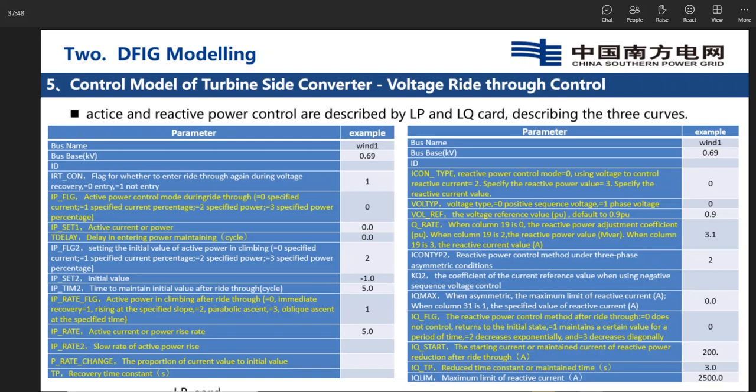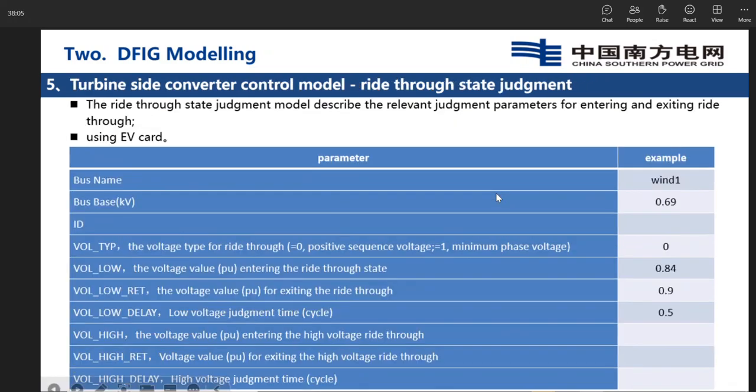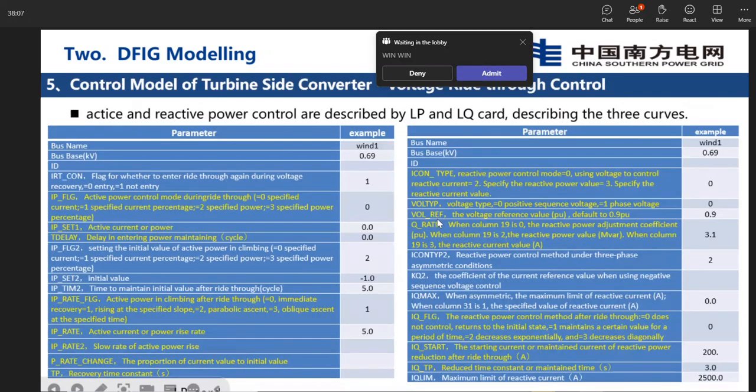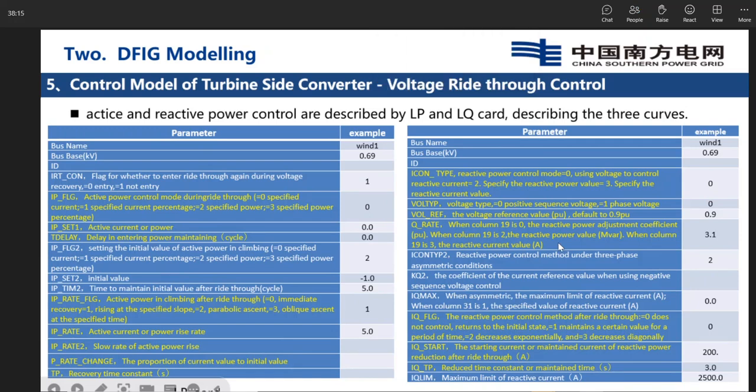Reactive power control under the voltage ride-through period, we use the LP card and LQ card. Let's see the LQ card first. LQ card means the reactive power control, and you can see it includes many control modes. For example,